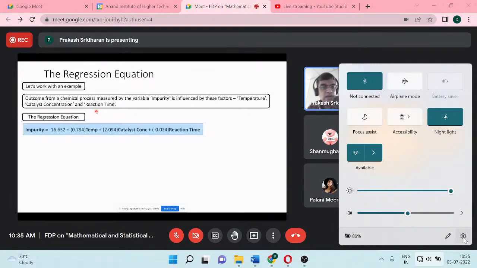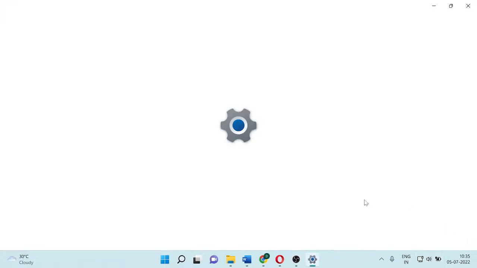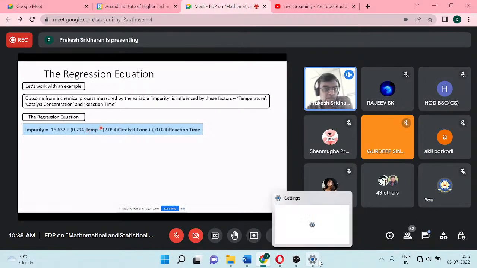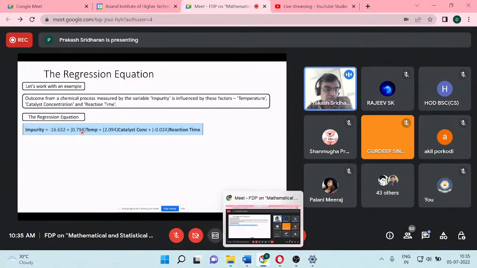Right? Now let's go into the equation. This equation has already been built, and if you look at it, for impurity we are getting an intercept of minus 16.63, and these are the various other parameters. So for temperature, we are getting a coefficient of 0.79,